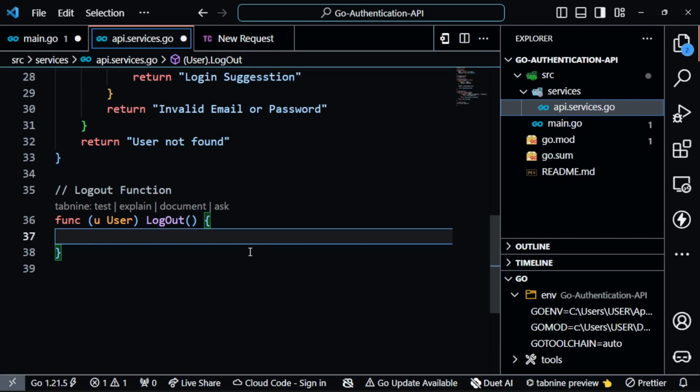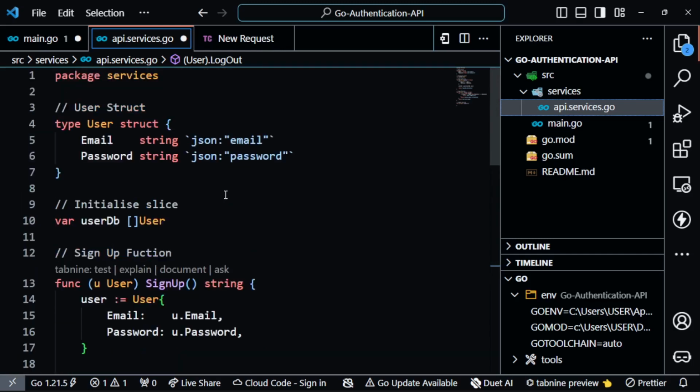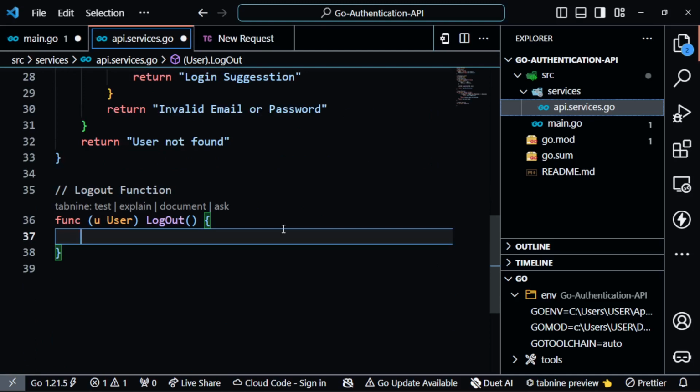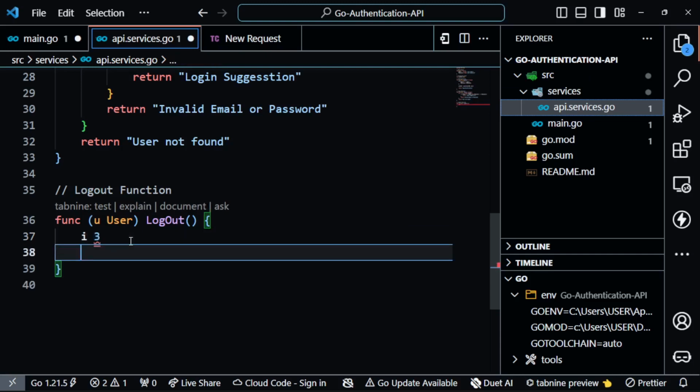So to delete something from a slice in Go, we don't actually just remove the item from the slice. What we do is we first find the index of that item. So let's say the index of that item is 3. And then